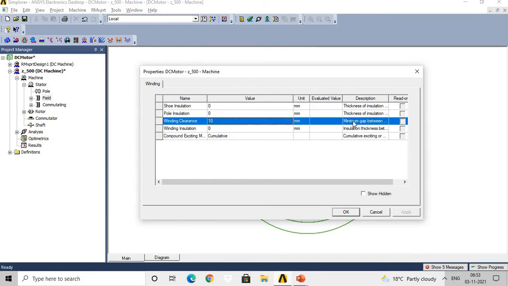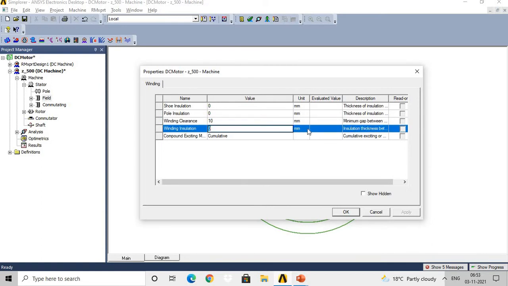Then winding clearance, that is minimum gap between two field windings or minimum gap between a field winding and commutating winding. So here we have considered that gap as 10 mm. Then winding insulation, that is insulation thickness between the shunt winding and the series winding. So that thickness also we have considered 0 mm.